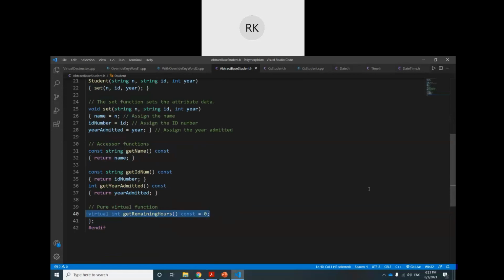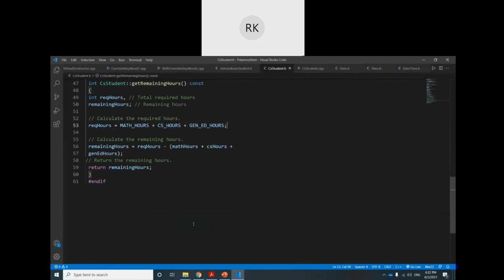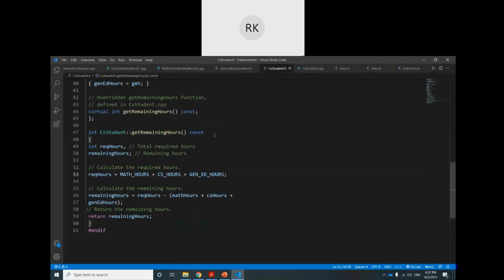Once you define a pure virtual function in that class, it becomes an abstract base class. So this abstract base class is just a template for derived classes, for child classes. It can only be used for the derivation process. And the child class must implement this pure virtual function. It is compulsory to define.